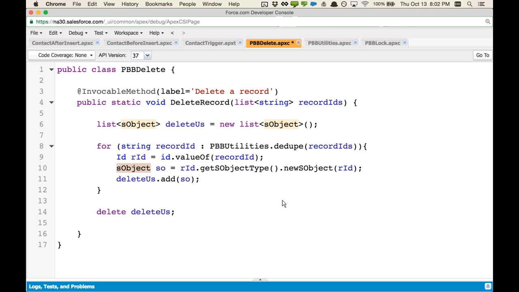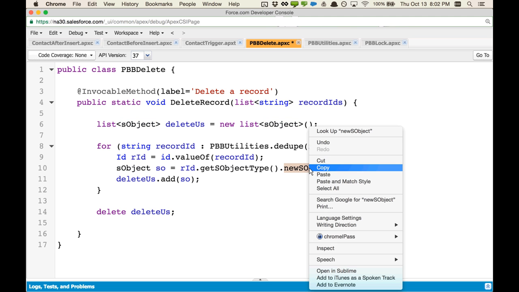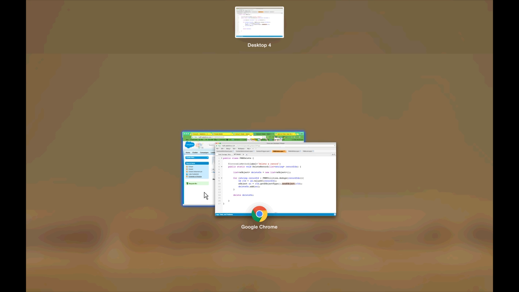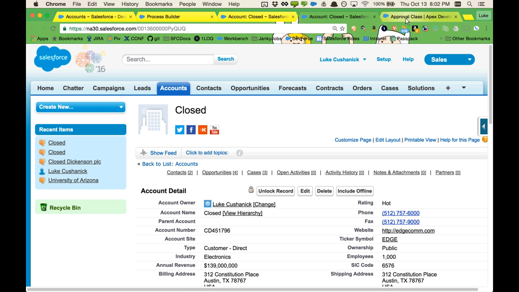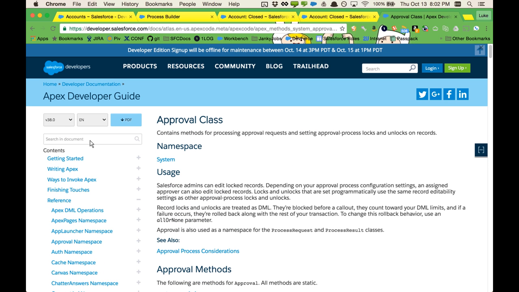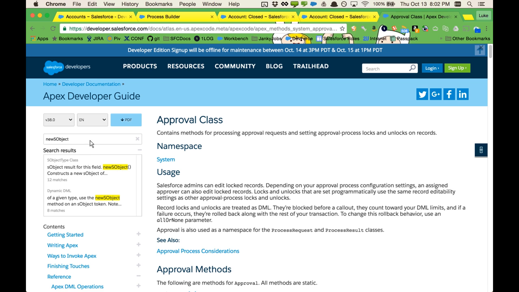Yeah, in fact, so that I get it more right than wrong, why don't we go ahead and actually Google this, and we'll take a look at how we would interpret this in the documentation. So I'm already in the Developer Guide. I'm just going to drop that into the search up there. And